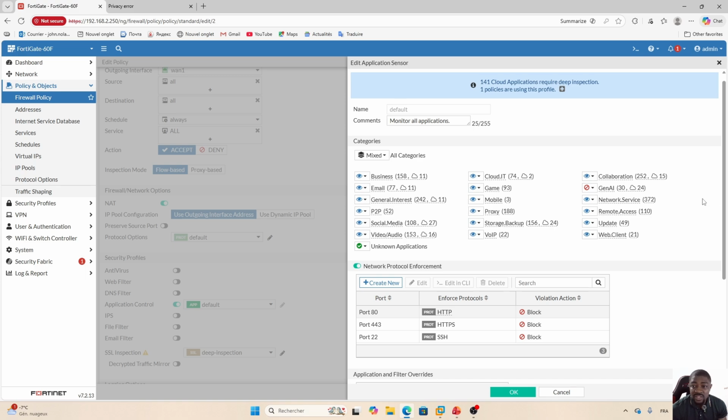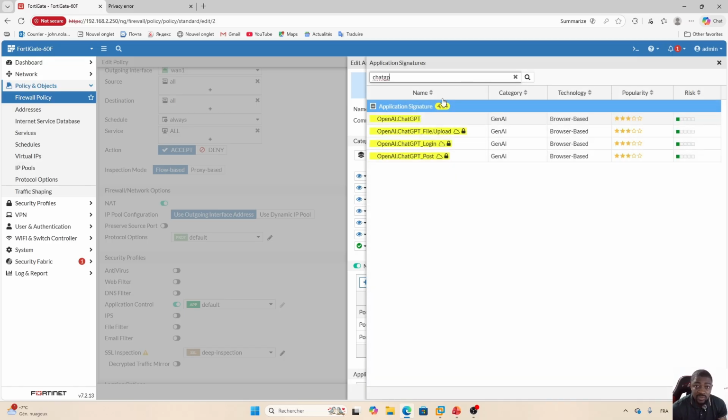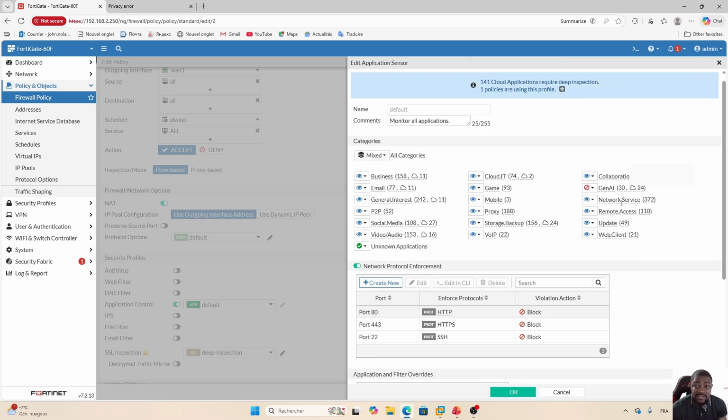When you have any category here, if you want to see the actual items under that category, you can hover over the category and click on view signatures. The signatures are the different elements under this category. I'm sure if I hit ChatGPT, I can see OpenAI with ChatGPT under this